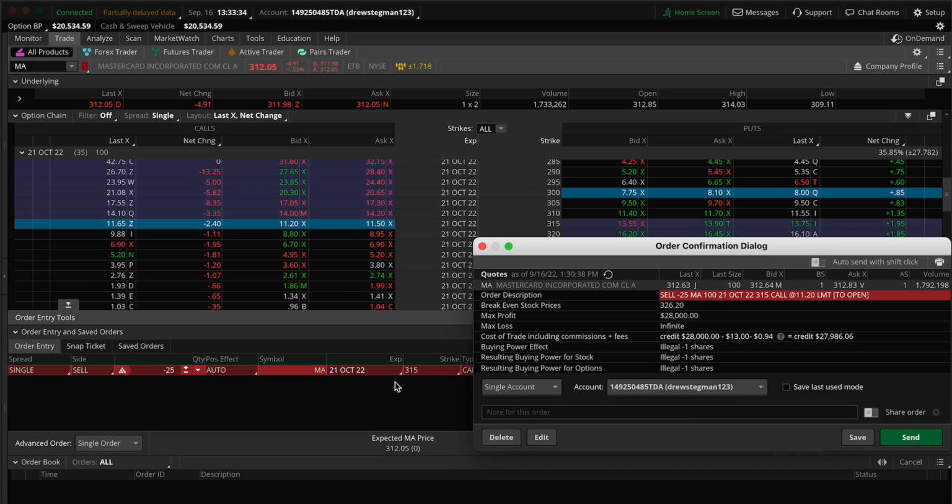So that's essentially the 3-step process. You first buy 100 shares. You then go ahead and sell a covered call at a strike that you are willing to part with your shares. And then whatever happens, if your shares get called away at the strike price, that's the agreement. That's what happens. That's your max profit. Accept it, and then you can always look for another stock to sell a covered call against